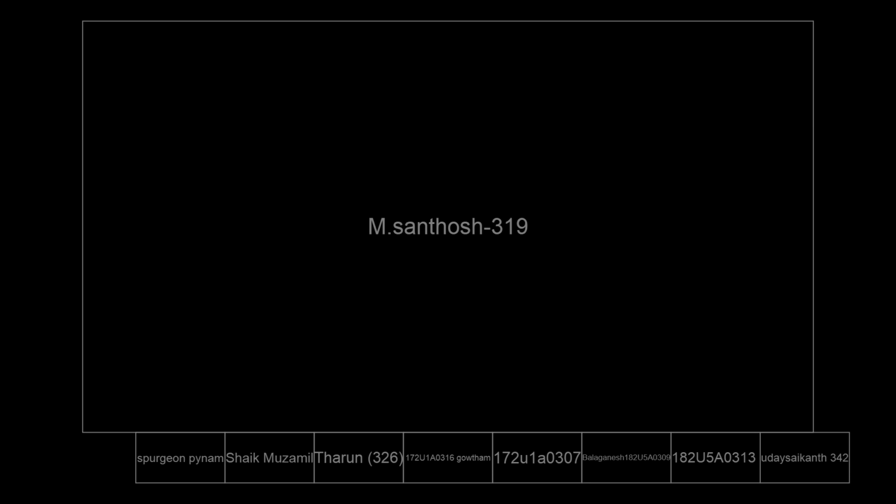What is the relation between rho and P? m by V can be written as rho. Therefore P equals rho RT. So the relation between pressure and density is that P is proportional to rho. Then what is the relation between rho and nu? Since nu equals mu by rho, as you have already studied in fluid mechanics, nu is inversely proportional to rho. Since rho is proportional to P, nu is inversely proportional to P, that is, proportional to 1 by P.